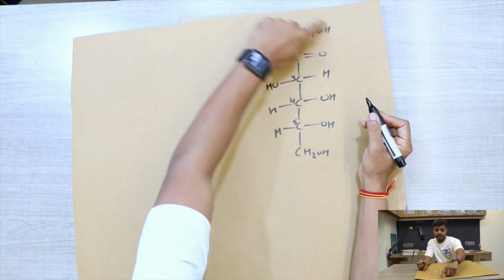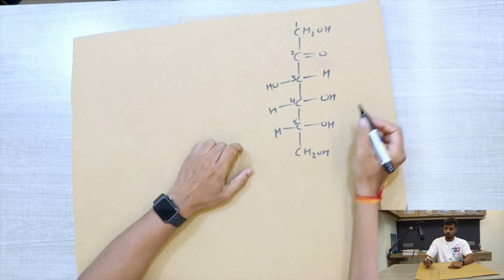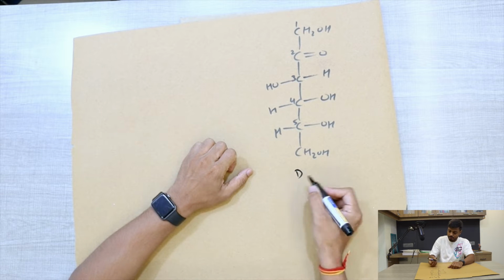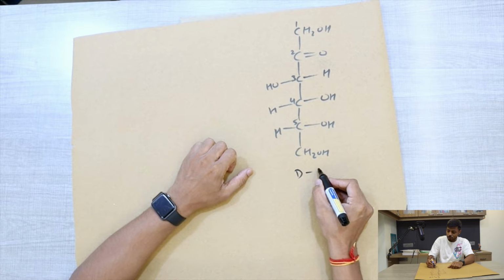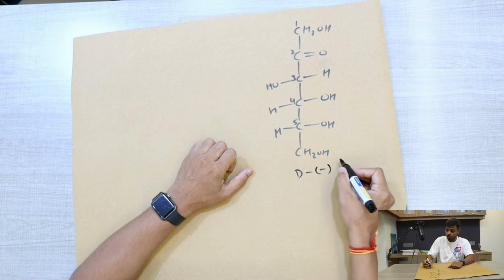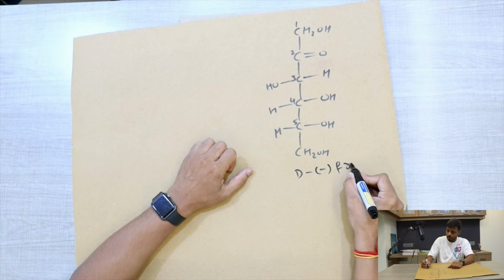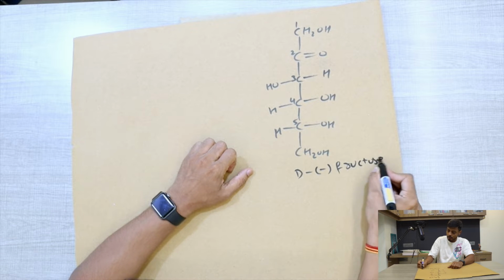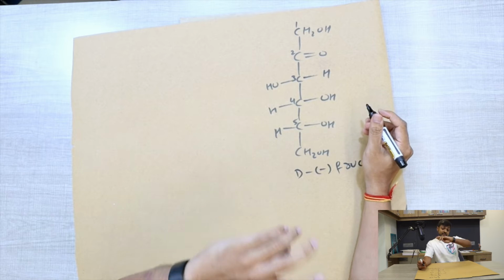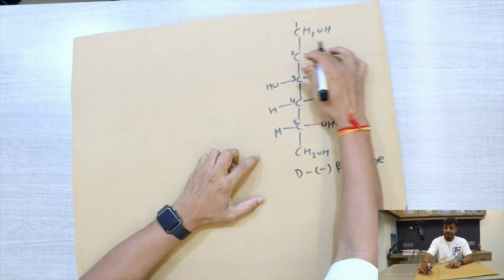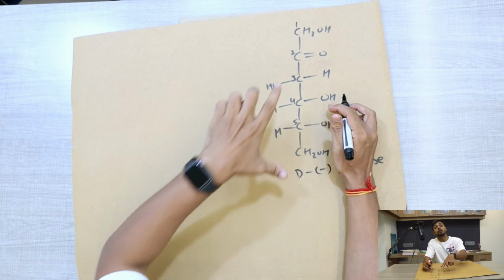Now this is the open chain structure. You can call it what? D. Okay, and this is levorotatory, so negative sign I can write over here, and then fructose you can call it, fructose molecule. Okay, but again, just like aldehyde, there is a cyclic structure of fructose,